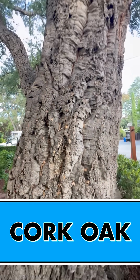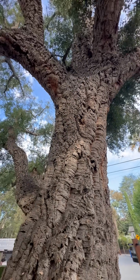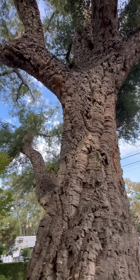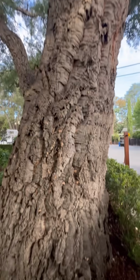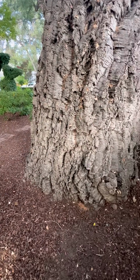Quercus, cork oak. Not a native tree in our area. They do seem to do fairly well. It's an interesting tree. This tree isn't near as thick as it should be. There's a lot of upper canopy dieback, and it's in an area that has been landscaped,